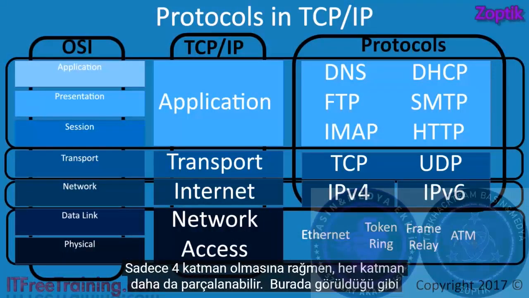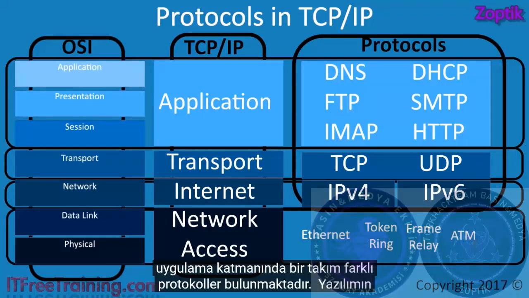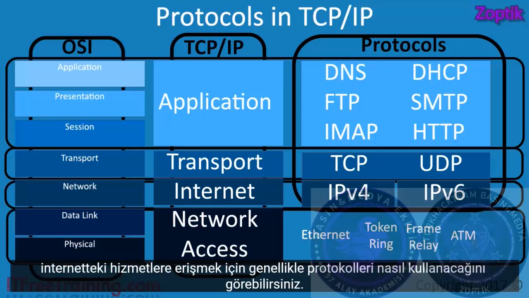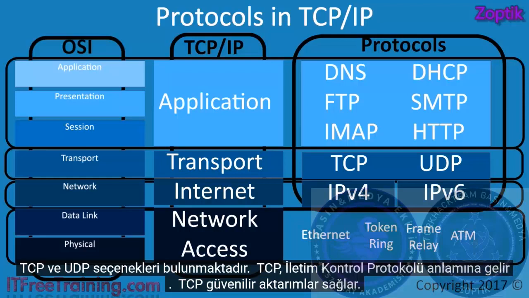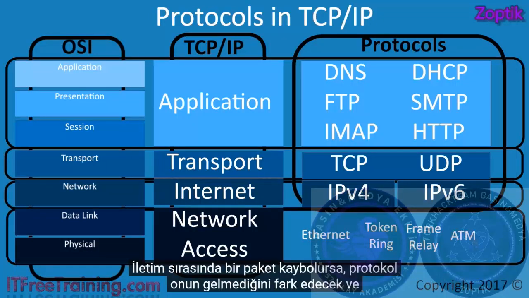As seen here, at the application layer is a number of different protocols. You can see how software will generally use protocols to access services on the Internet. The protocols themselves will access the transport layer. At this layer, there is a choice of TCP and UDP. TCP stands for Transmission Control Protocol. TCP gives reliable transmissions. If a packet is lost in transmission, the protocol will notice it has not arrived and